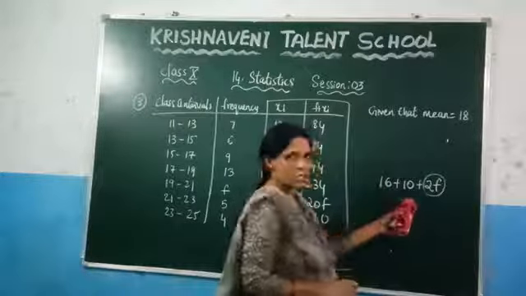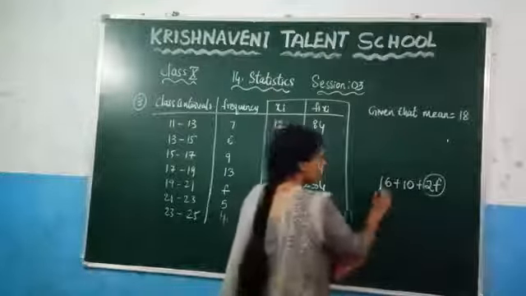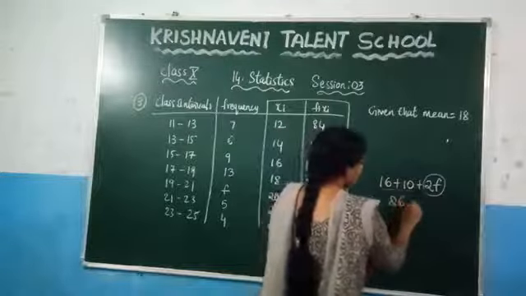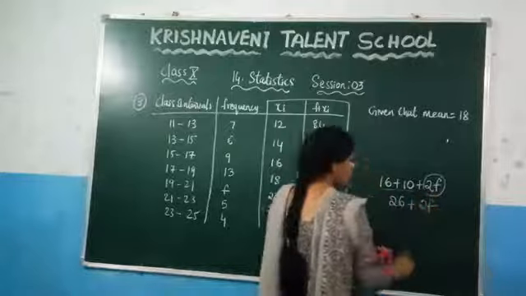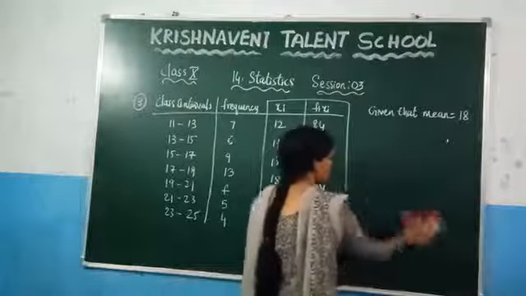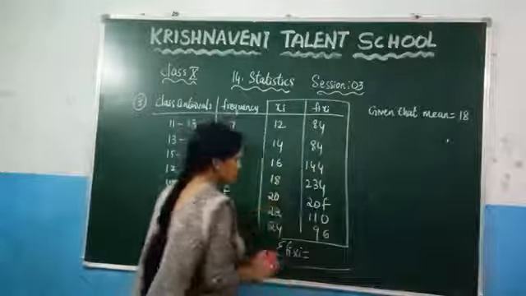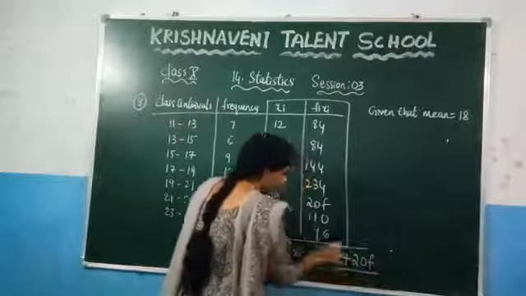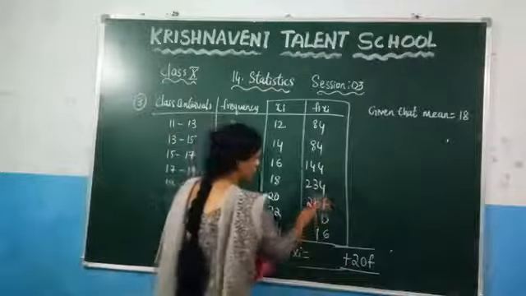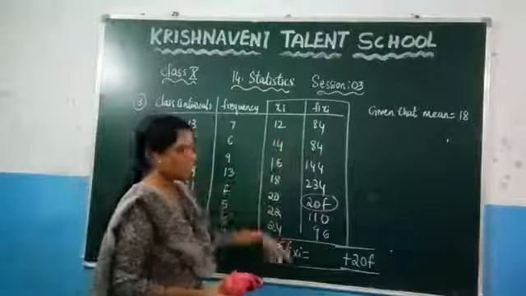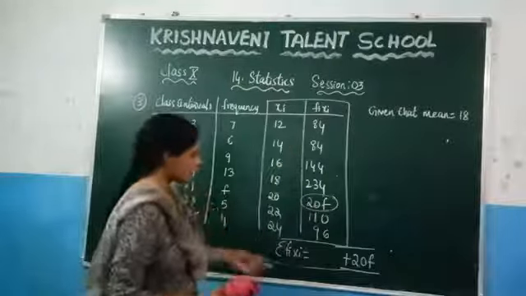So how do you solve if you are given like this? You just need to add the numbers. So what is the result? You are getting 26 plus, just write this term as it is. Similarly here, how do you add these values? Write 20f separately here, and after that you need to add all these values except this value. You have to leave that value and add all the other values. After adding all these values, what will you get?